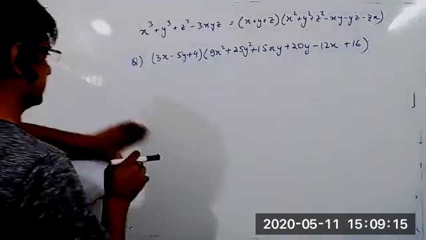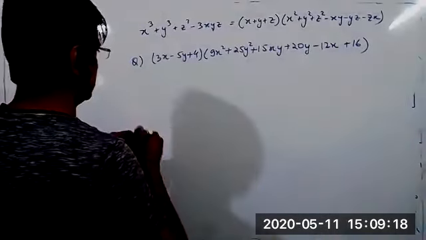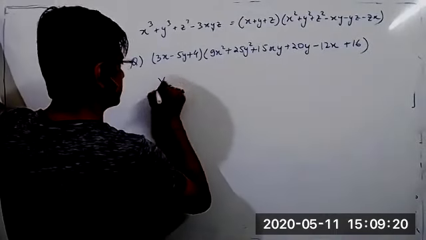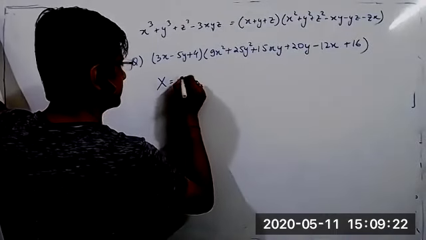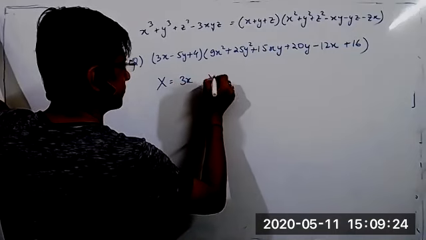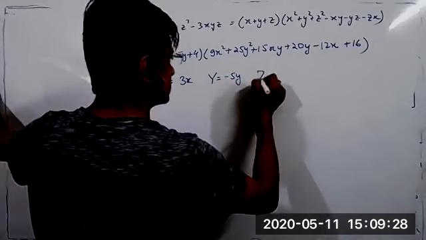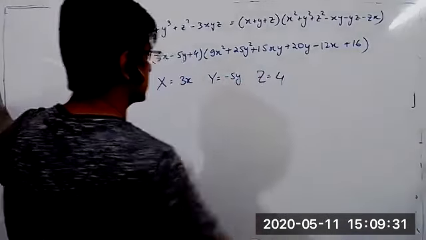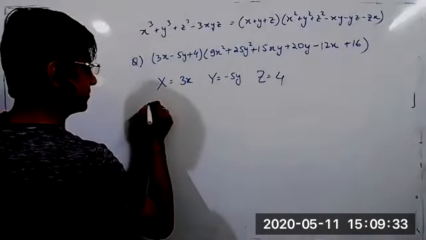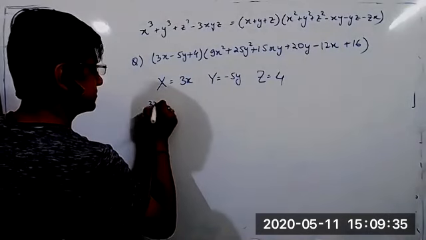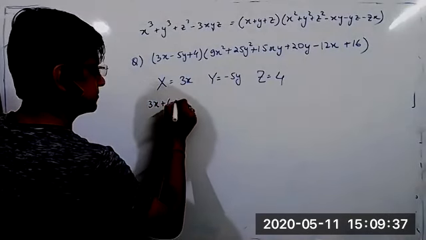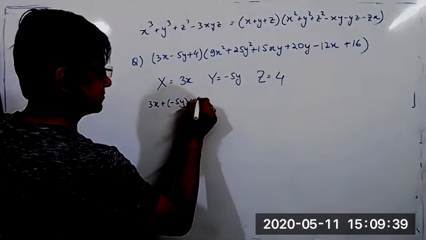Yes, sir. x is equal to 3x, y is equal to minus 5y, and z is equal to 4. Okay. So it's 3x plus minus 5y plus 4,